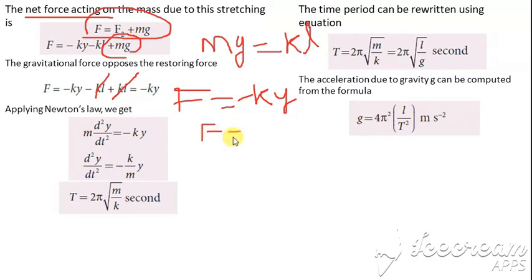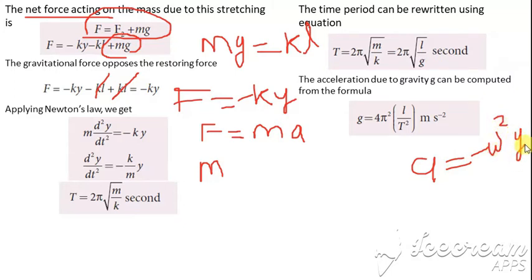Now, what is the equation for F? Already we know F is equal to m into a. This is from Newton's second law, is it not? So F is equal to m into a. Now, comparing these two equations, we already know the equation a is equal to minus omega square y. Here the displacement is y, so we are writing omega square y. Comparing these two equations, we get m into a is equal to minus k into y.